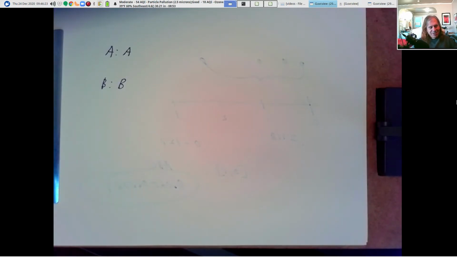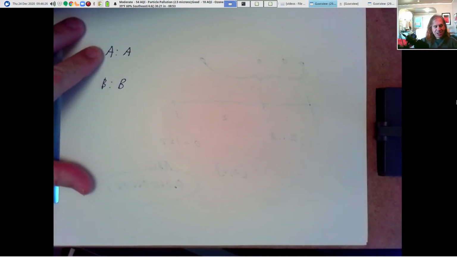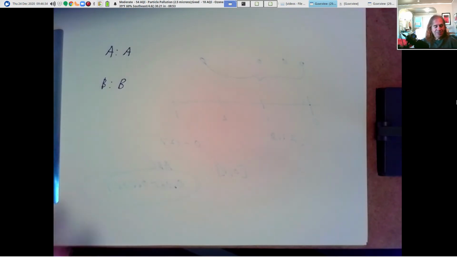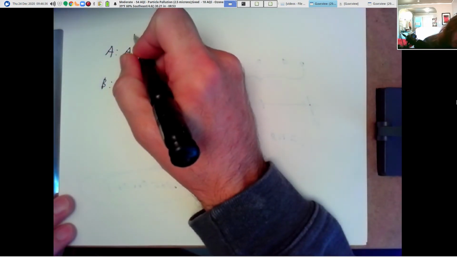And what I want is A to encode information not just about itself, but about the string B also. So here's what I'm going to do. I'm going to interleave 2 pieces of information in this A string.